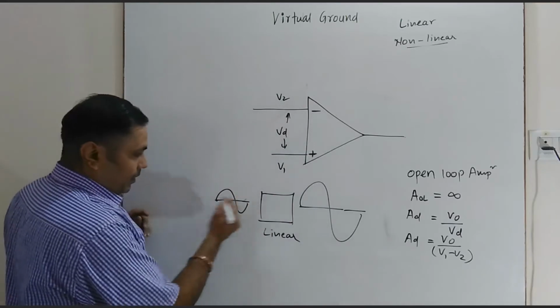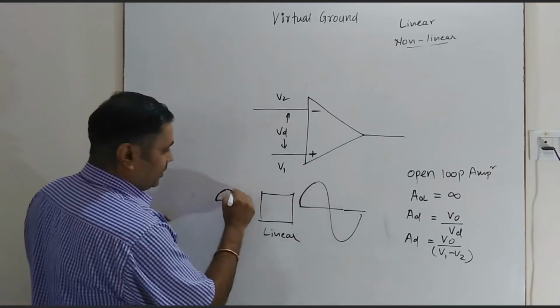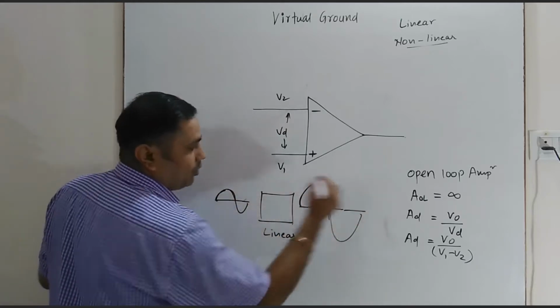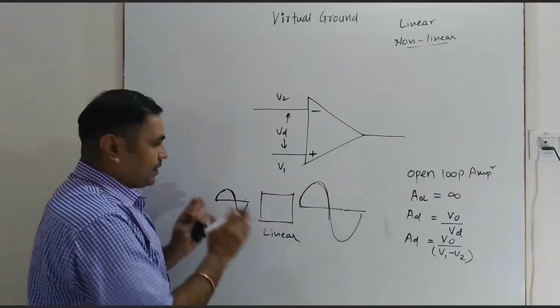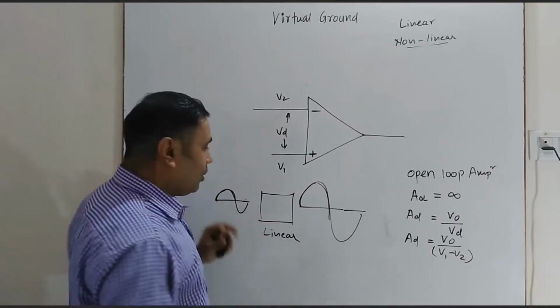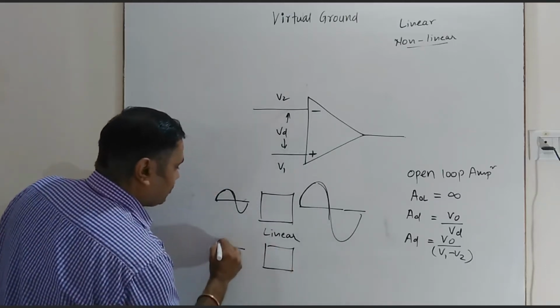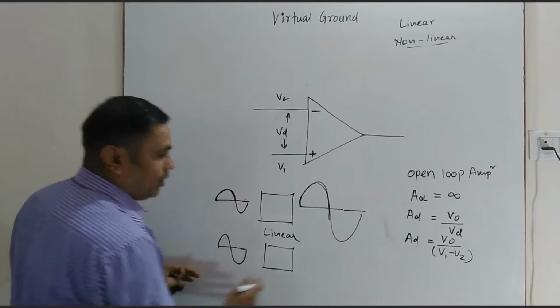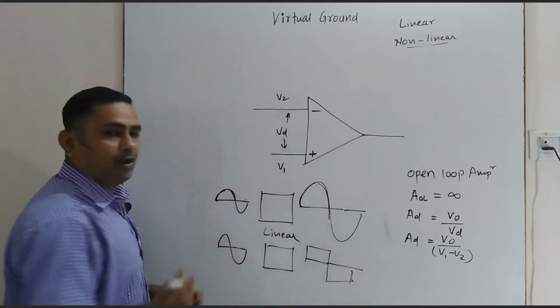As you can see, if the input is increasing, output is also increasing. If input is decreasing, output is decreasing, and so on. So the changes in input and output are proportional to each other. So that is why it is called a linear application. While if you consider the second application like this, suppose we have inputted a sine wave and we are getting a square wave at the output. So this application is non-linear.